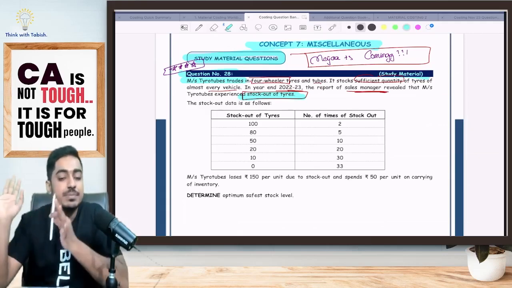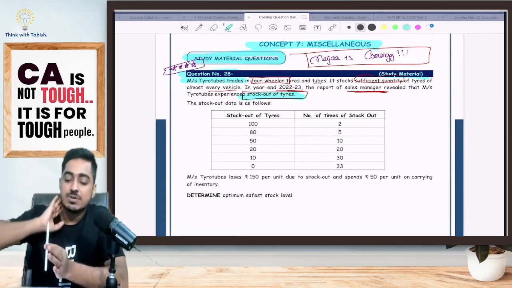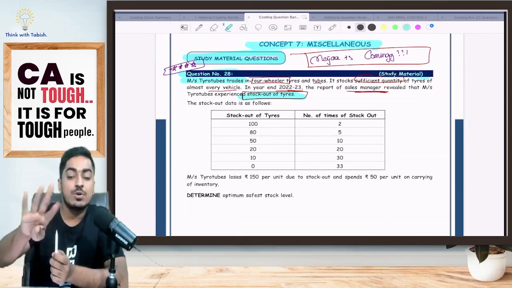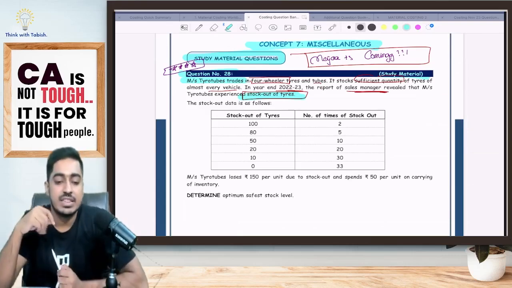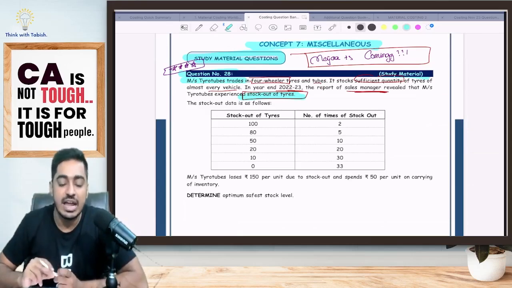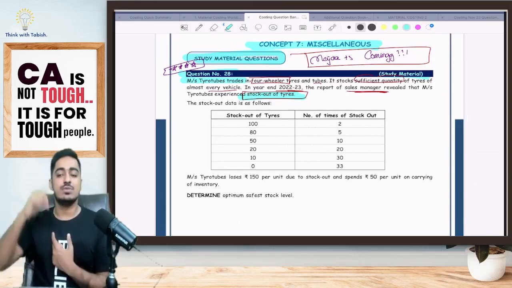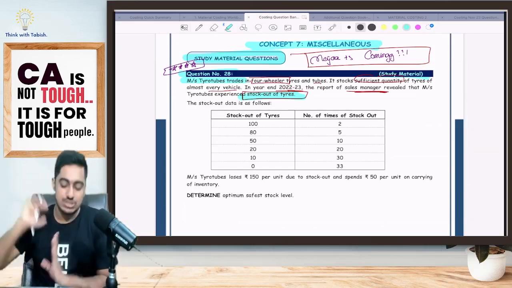Imagine I am selling pens. Every day I keep selling pens. Imagine one day a customer came and asked me for 10 pens. I am having only 4 pens with me. 4 pens I gave to him. That means 6 pens stockout was there. Yes or no, everyone? That is a stockout. I am not having sufficient stock with me to sell to my customer or to produce finished goods.